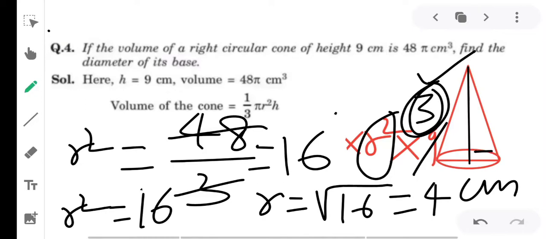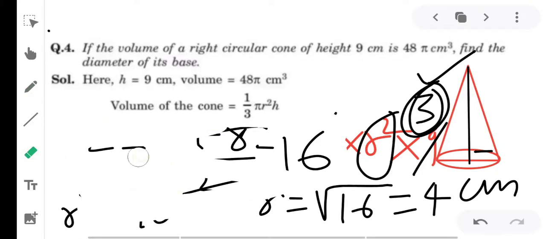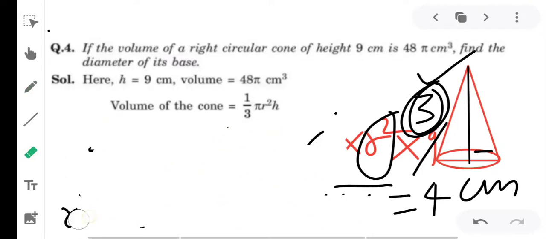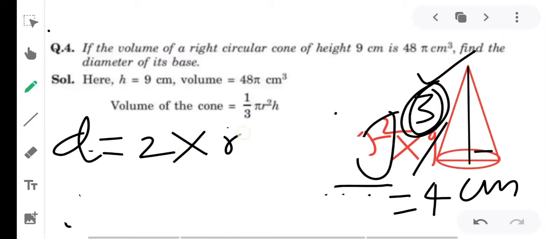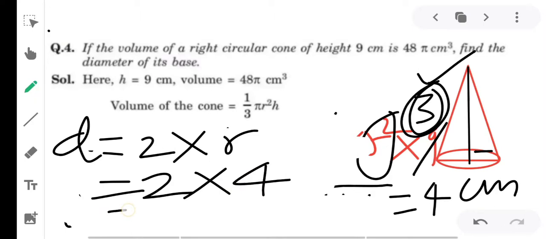अगर इस radius को double कर दिया जाए, so definitely we will get the diameter, right? तो इसके पहले मैंने जो formula लिखा था वो लिखा था आपका diameter, that is the double of radius. So we can write here d, that is the diameter, which is double of radius, right? So here we will put the value 2 into 4 because the radius is 4, so we will get 8 centimeter. 8 centimeter is the diameter, right? तो ये आपका answer होगा यहाँ पर.